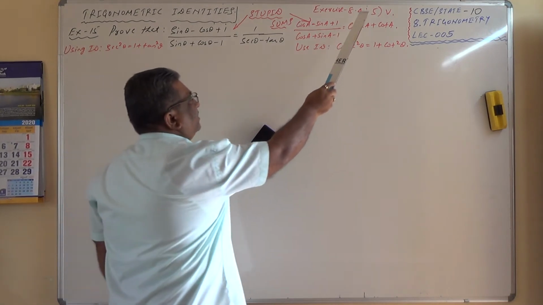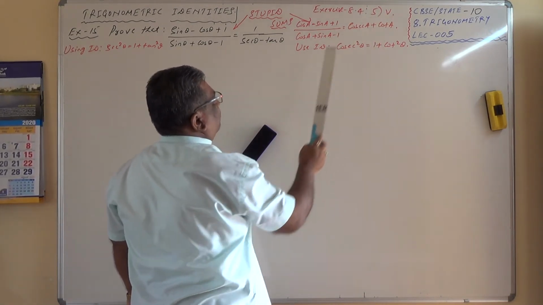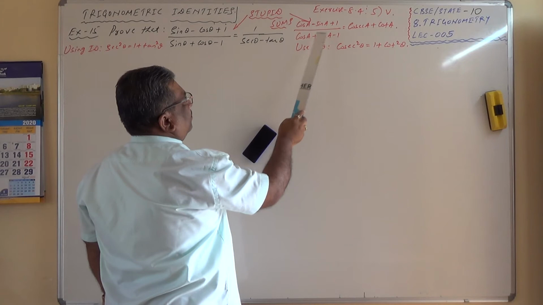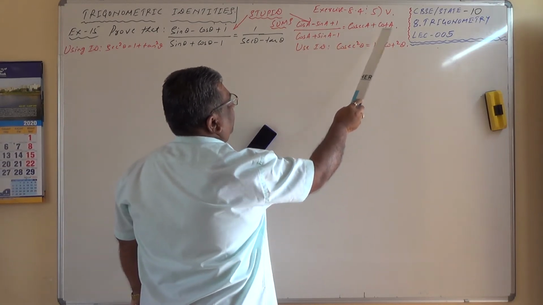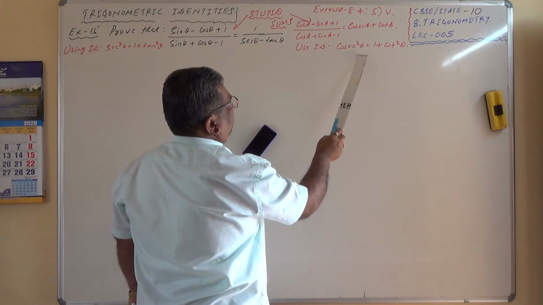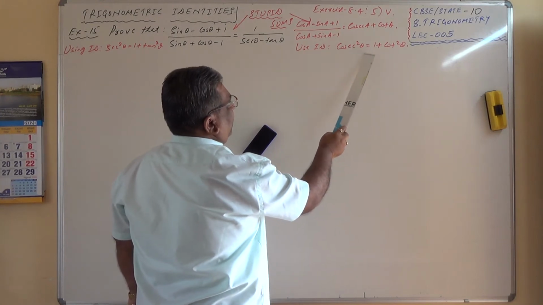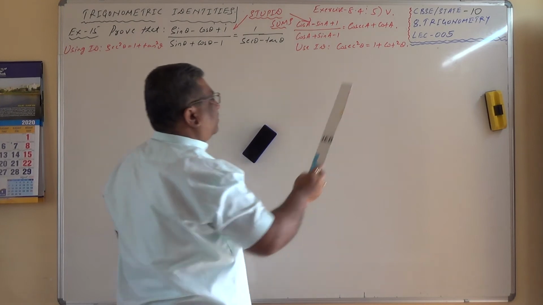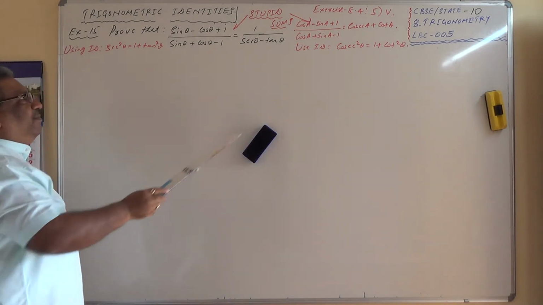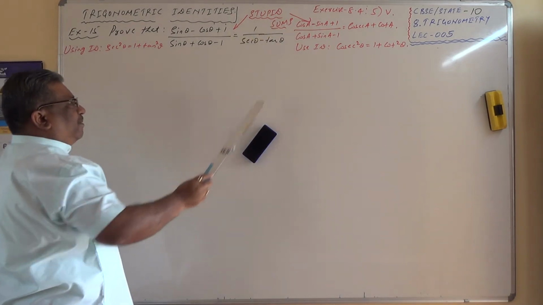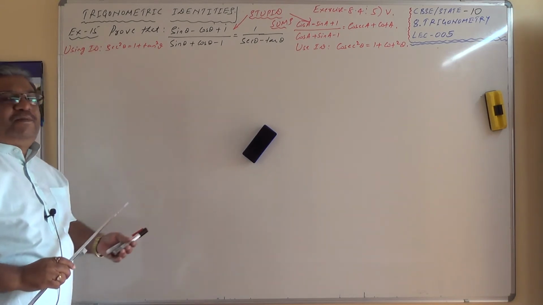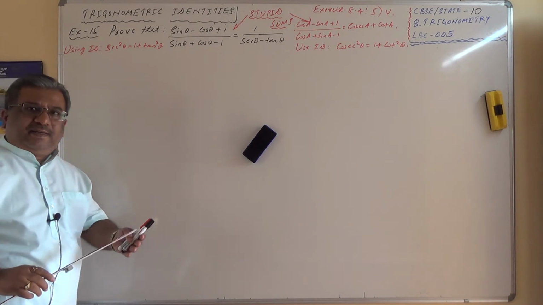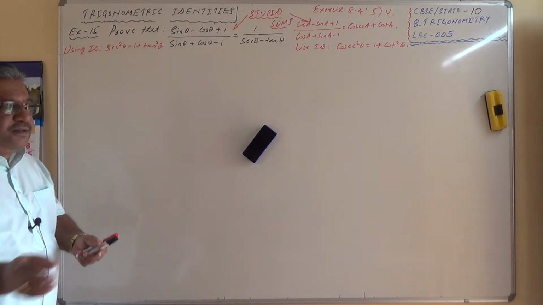Similar question in exercise 8.4, fifth sub question: (cos A minus sin A plus 1) by (cos A plus sin A minus 1) equals cosec A plus cot A, using the identity cosec square theta, but you can write cosec square A equals 1 plus cot square A. That way also you can write. So these two are basically the stupid sums. The textbook method is given. The textbook method appears to be quite difficult, and therefore we are adopting the R.D. Sharma and R.S. Agarwal method over here. Let us see how to solve this numerical.